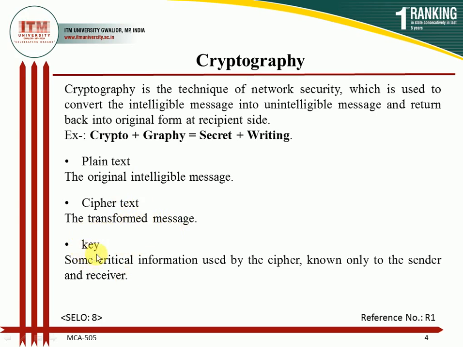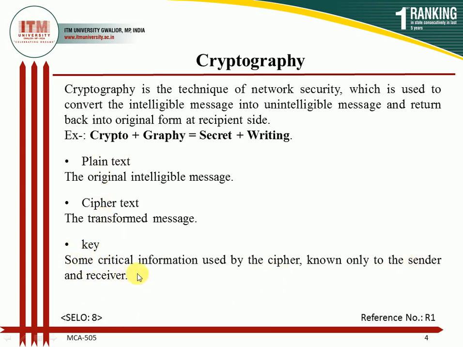Why do we require a key? Because when we convert plain text to ciphertext, we can't directly convert it into the encrypted form. A key is required. Basically, keys have two types: we can use a public key and private key, or a single key. That's a different topic we will discuss later, but here you have to know that when we convert plain text to ciphertext, we require a key.